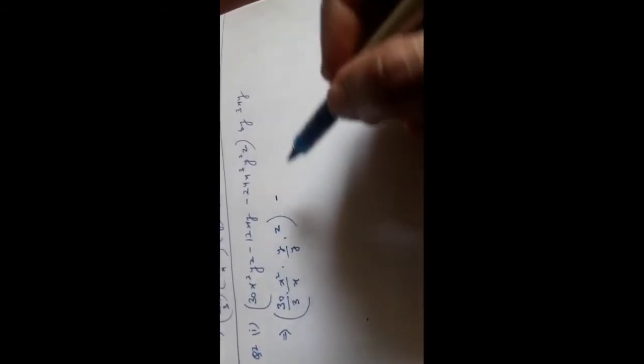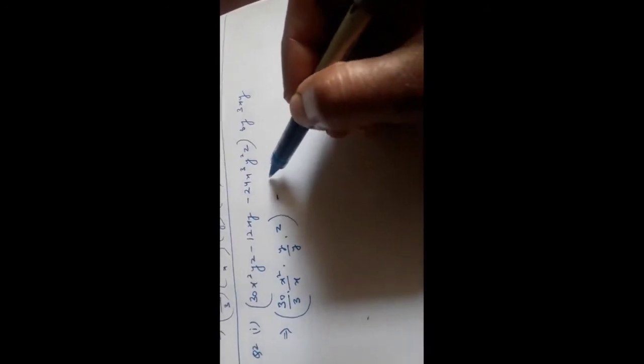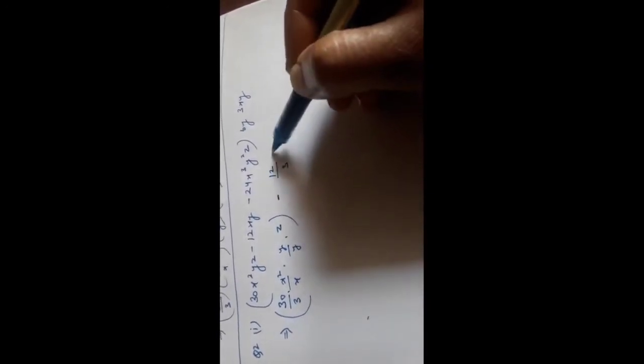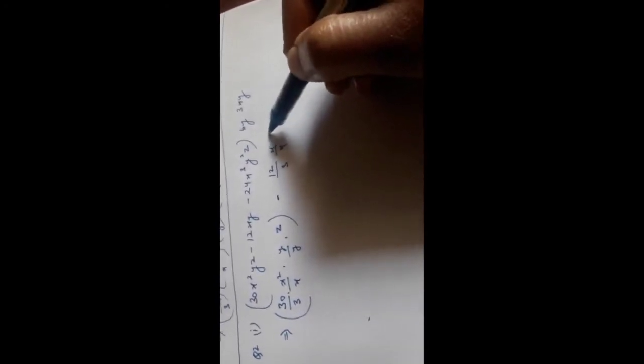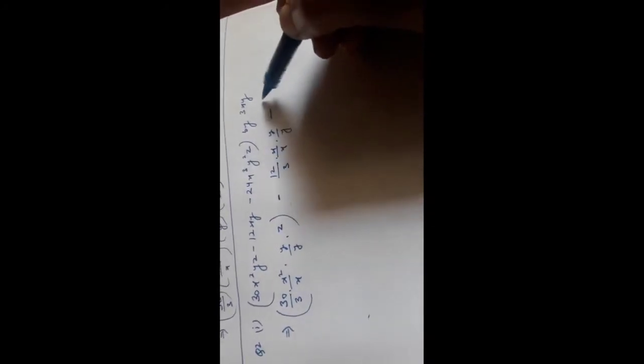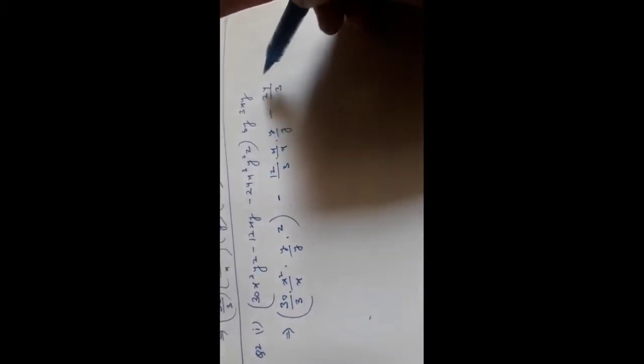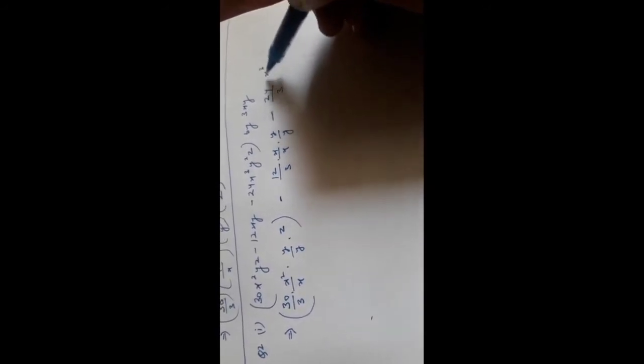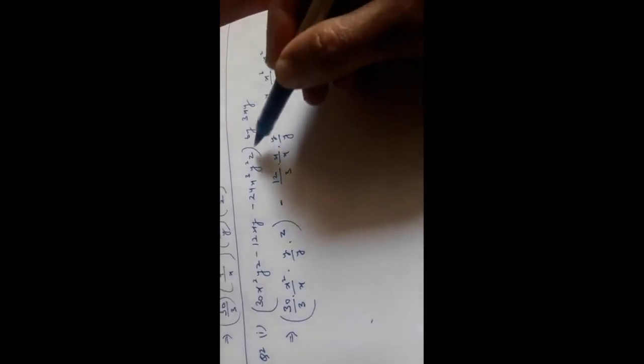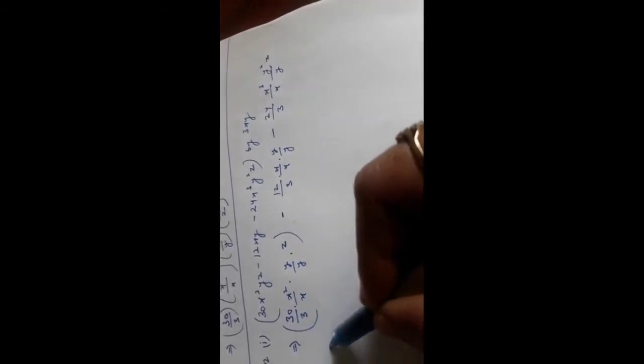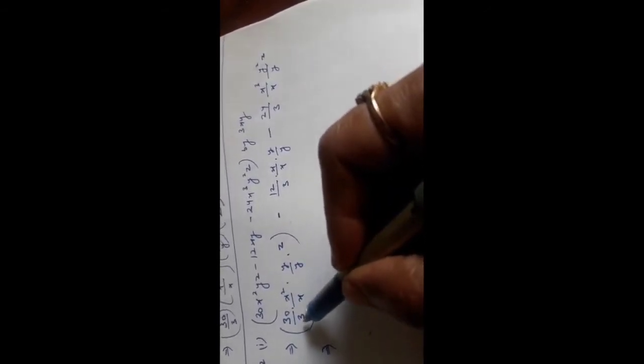Now minus sign is here, so we will put the minus sign. Now 12 will get divided by 3, x will get divided by x, y will get divided by y. Now minus 24 will get divided by 3, x cube will get divided by x, y square will get divided by y, and z is given here but no z is given in the divisor. So in our further step, first we will cancel it. 3 ones are 3, 3 tens are 30.